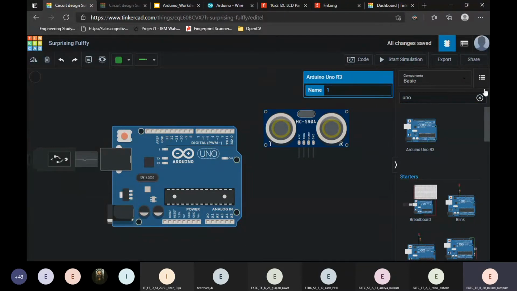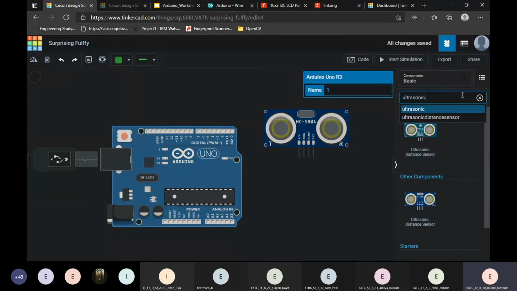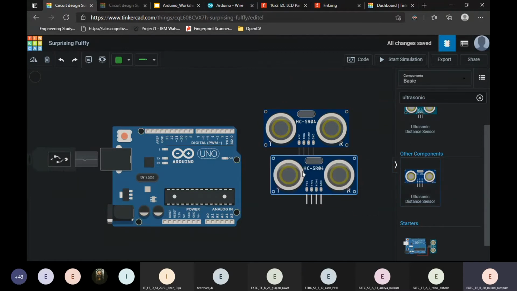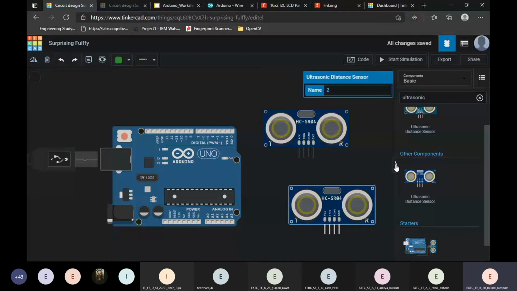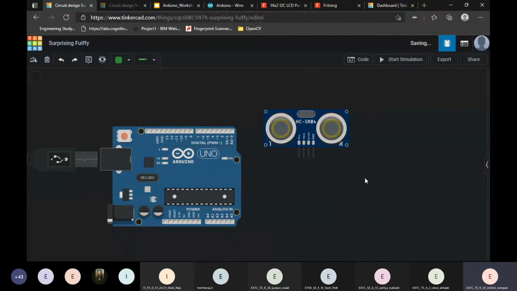You get the Arduino Uno R3 that I'm using here. And we also want the ultrasonic sensor, which is this one. This is the model we are using right now. You just need to drag and drop this sensor.